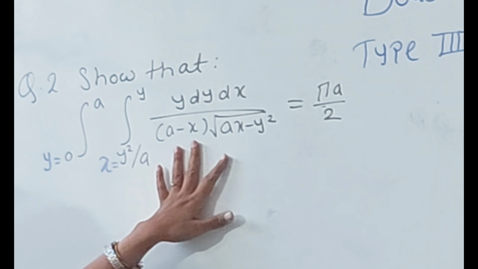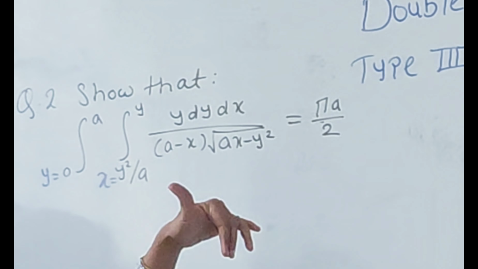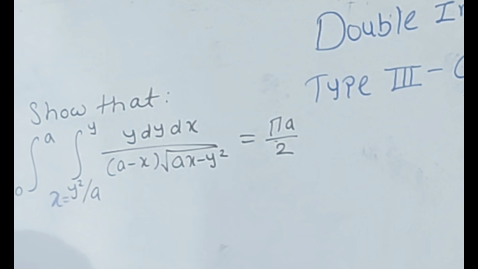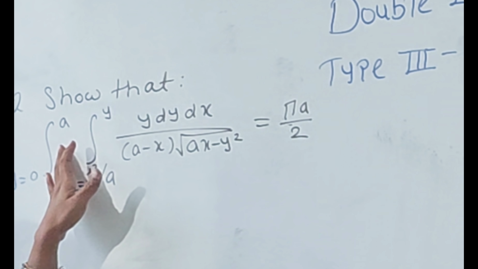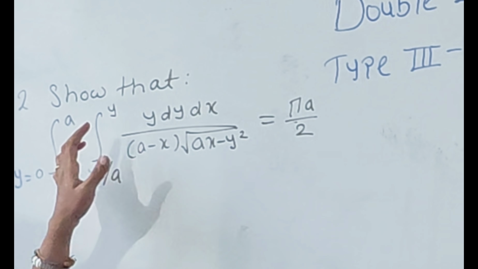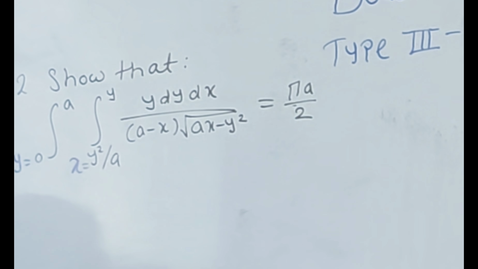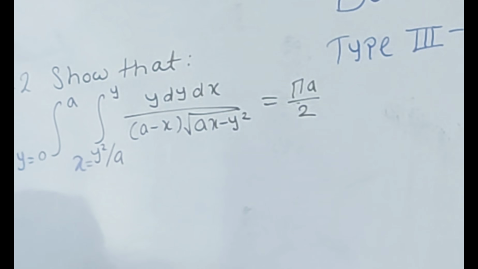So to change the order of integration, what are we going to do? We are going to change the sequence of integration. Instead of x, if we are integrating with respect to y, this a minus x will be outside because it will be constant with respect to y. Only this thing you need to integrate first, and that is the easier task. So we will change the order of integration in this case.